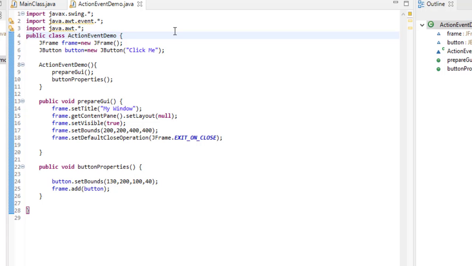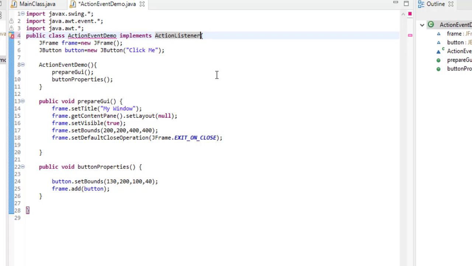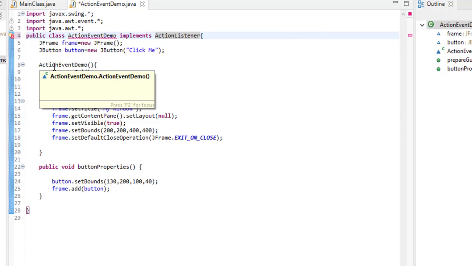So we will implements ActionListener. Okay. Now as you can see, there is an error in our class because we have not overridden its abstract method, which is actionPerformed.